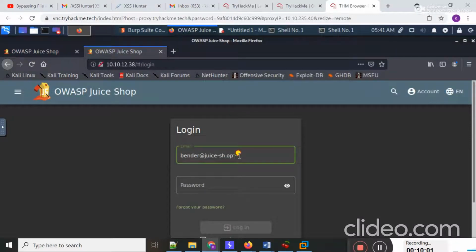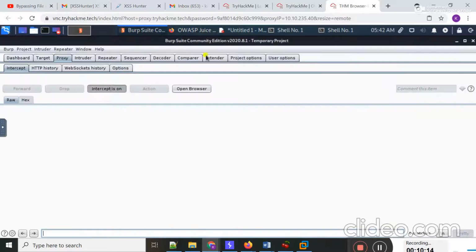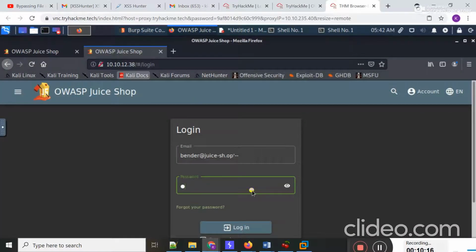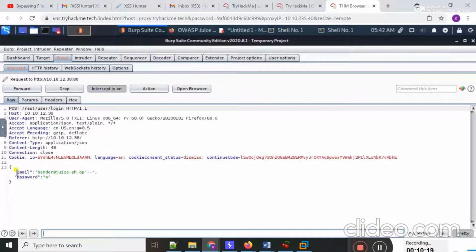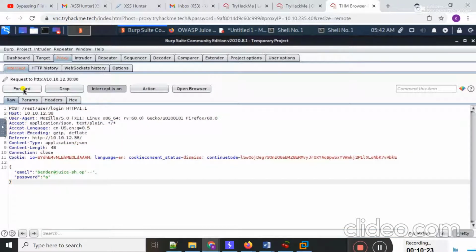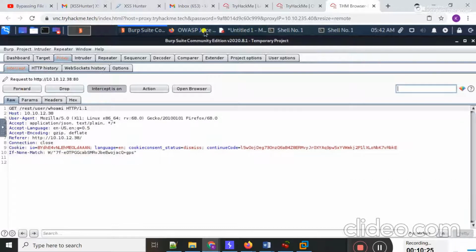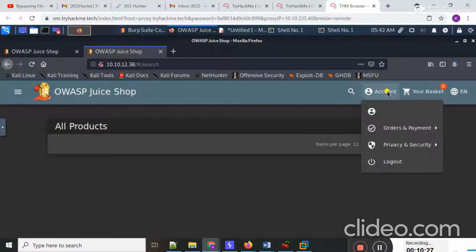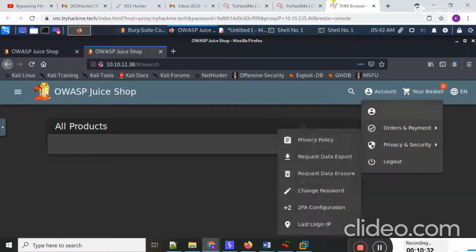You can see I'm using a single quote and then hyphen hyphen. And in place of password, I typed A, and I have intercept mode on, and login. My request is captured here. Now I'm going to forward it and check. Guys, you can see I'm successfully logged into the vendor account.